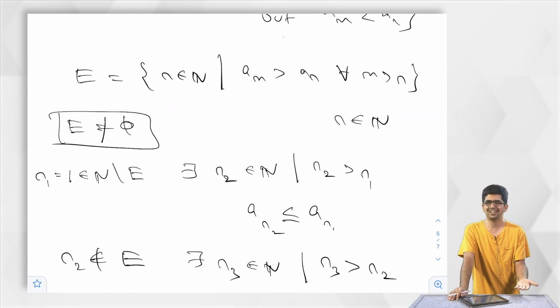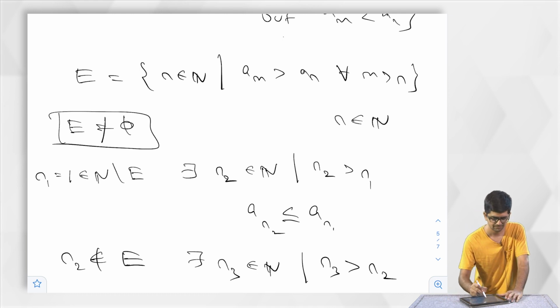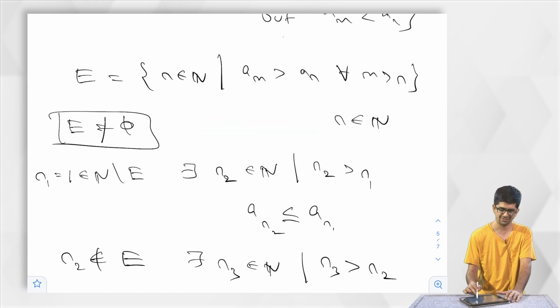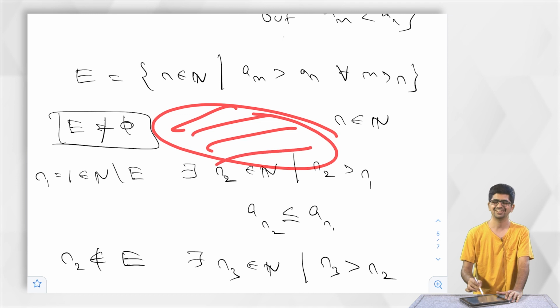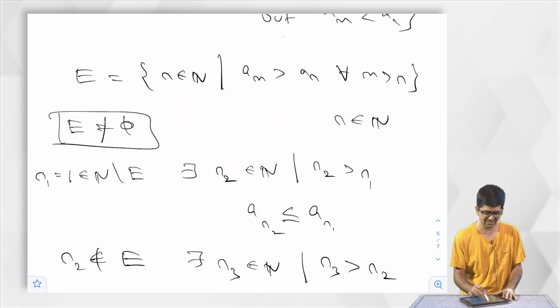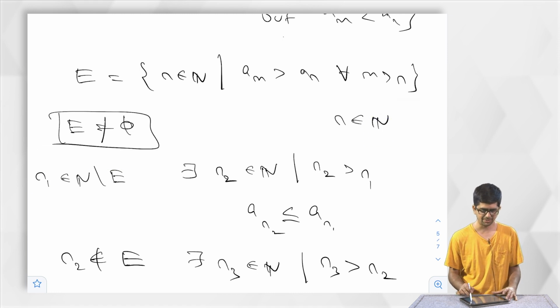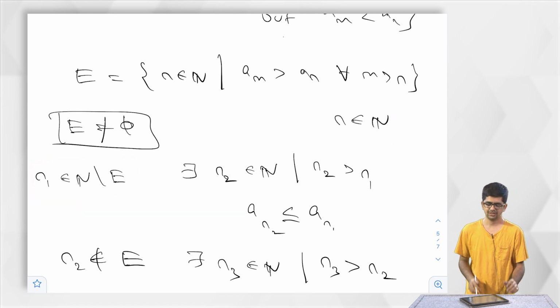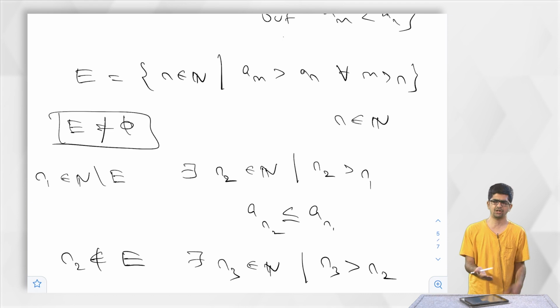Or you can take the maximum of the set E and add 1, that element is not an element of E. So instead of starting at 1, let us start at n1. n1 is some element, whatever n I am writing here, that is what I am writing as n1. n1 is an element of N that is not an element of E, because E is finite.